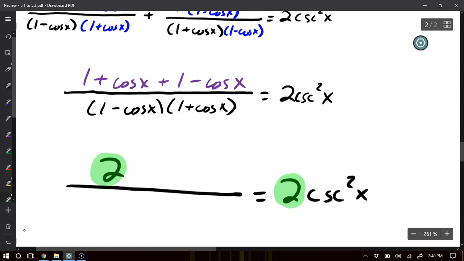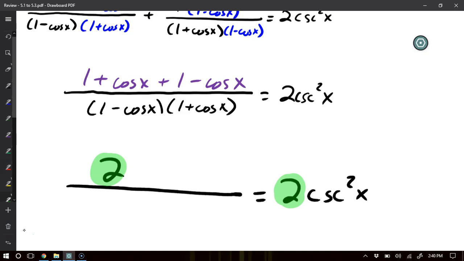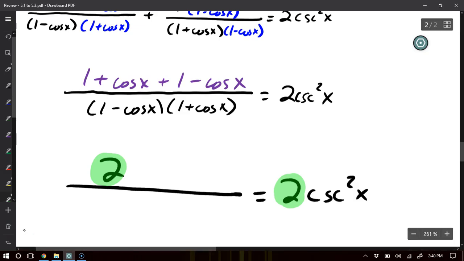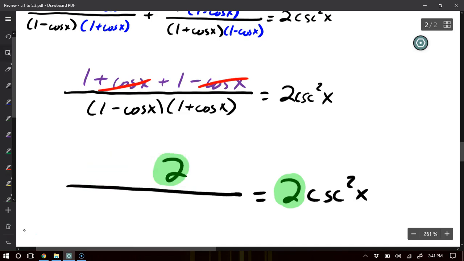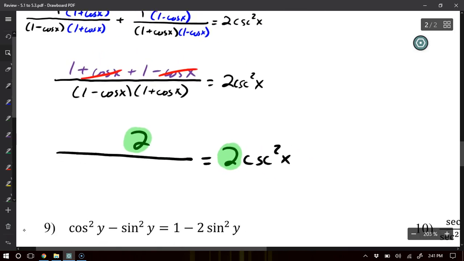So I'm not going to change that 2. I'm going to keep that 2. And let's see what else happens. Well, on the top, I have a positive cosine of x, and I have a negative cosine of x. Well, when I combine those together, they just cancel each other out. So really, all I have left on top is just that 2, which is interesting because, well, what else do